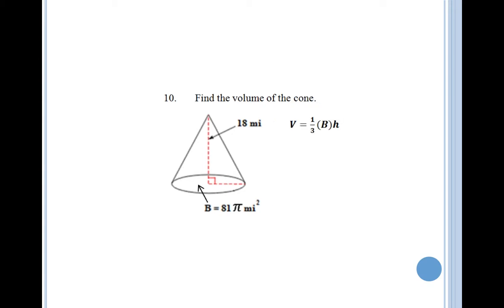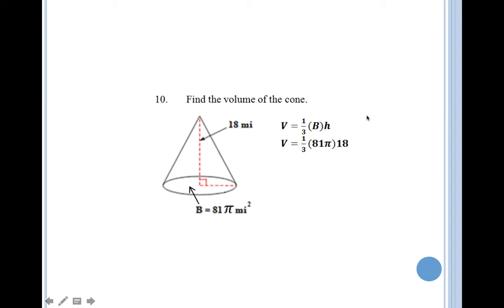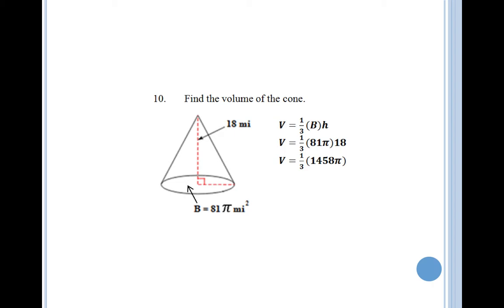Alright, so general formula, write it out every time. I don't care how tiring it gets, just do it. V equals B. B is the area of the base. It's given to you. It's 81 pi. So plug that in there. And my height is 18. Plug that in there. Looks something like this. 18 times 81. Use a calculator, please. Hopefully it did. It works out to be